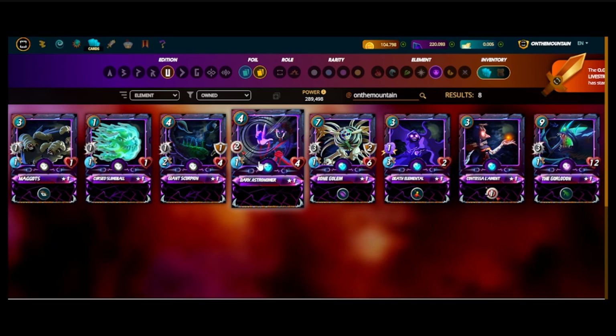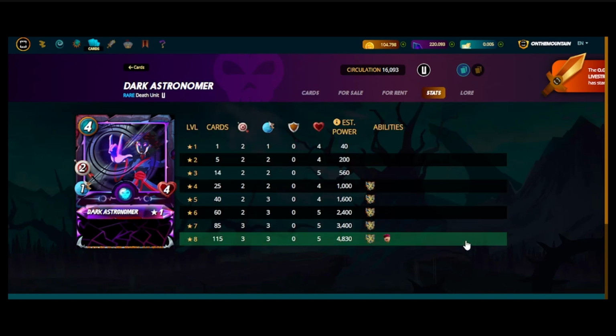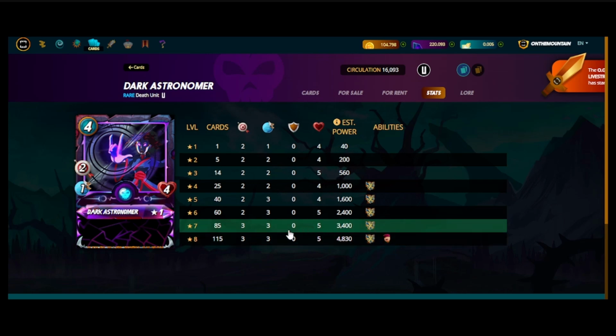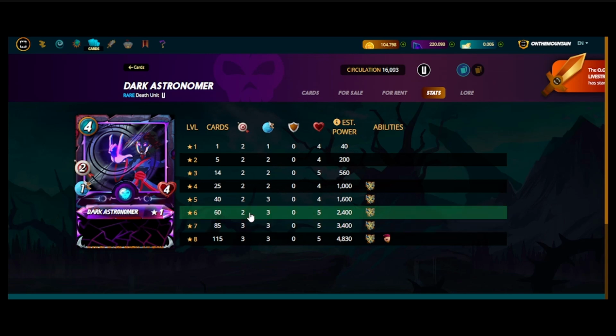Dark Astronomer I like because of the 2 range damage for relatively cheap. He's also got 4 HP. Worth 38 cents a piece. He does get Shatter, which is also great. However, we do have the Shatter on the Weirding Warrior at 3 mana. So I feel like his next super improvement isn't until 8. I mean, yes, level 7, he's where he gets the extra damage, but that's...